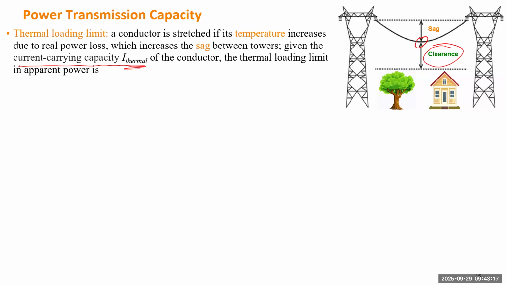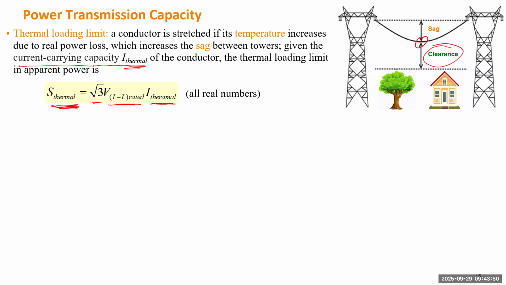So if we know this limit, depending on the line and the clearance to the building and trees, and if we know the voltage level, we can calculate the thermal loading limit in terms of the apparent power. Which is basically just the thermal limit of the current multiplied by the line-to-line voltage, the rated voltage, then multiplied by the square root of 3. So this is because